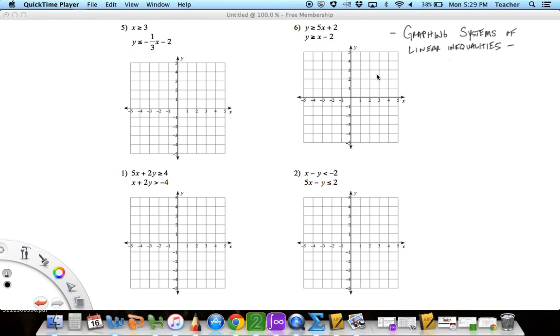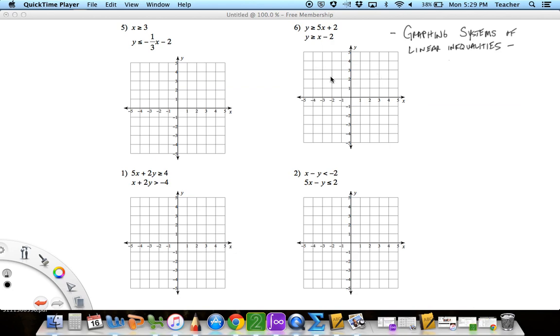All right, I have a video over graphing systems of linear inequalities. Understand that this is a review of concepts that we've already done. We've already graphed lines, we've graphed linear inequalities. So now this is a combination of both concepts, meaning that we're going to include graphing systems of equations